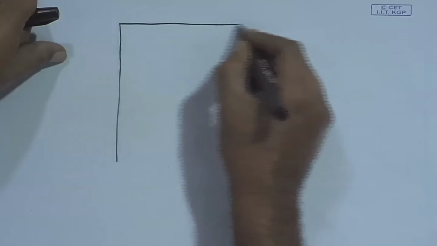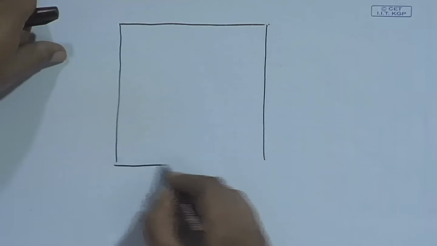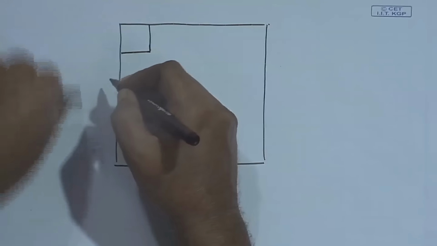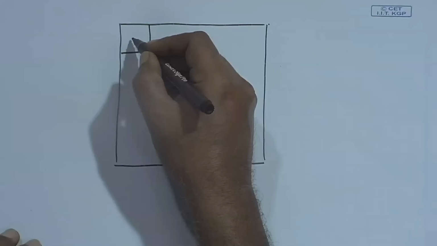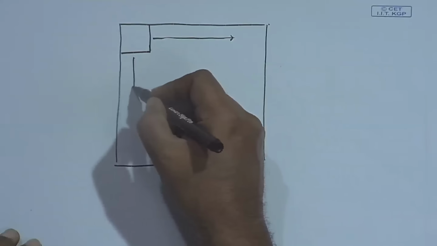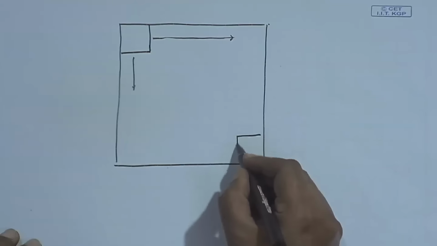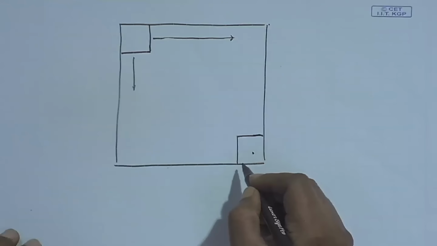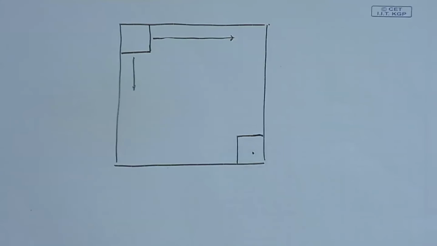If I have a block, this part will have the essence of the image mostly, and as we go down either this way or this way, the essence comes down and here it is a minimum. Now, for those of you who know about information theory, any information, an image is also an information.